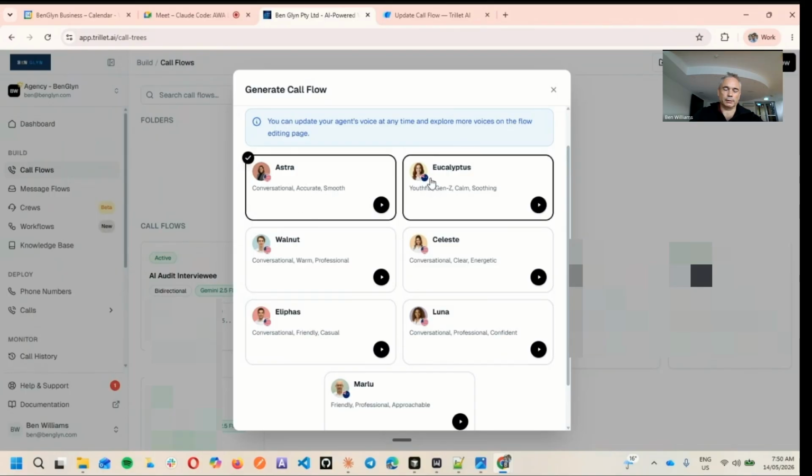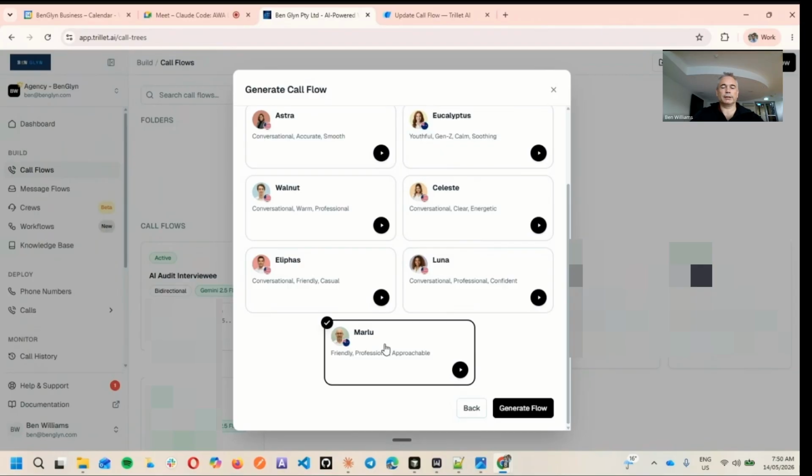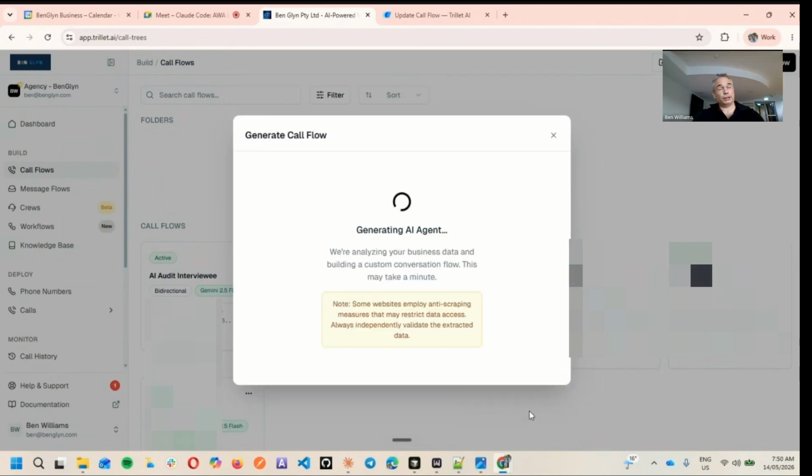I think there's a couple. There's 2 Australian ones, and a few American ones, but obviously it integrates with ElevenLabs, and you can get pretty much any voice there. I think it is an extra 6 cents per minute if you use ElevenLabs. Yep. Once I click on generate flow, what this is doing is going off to the company website,